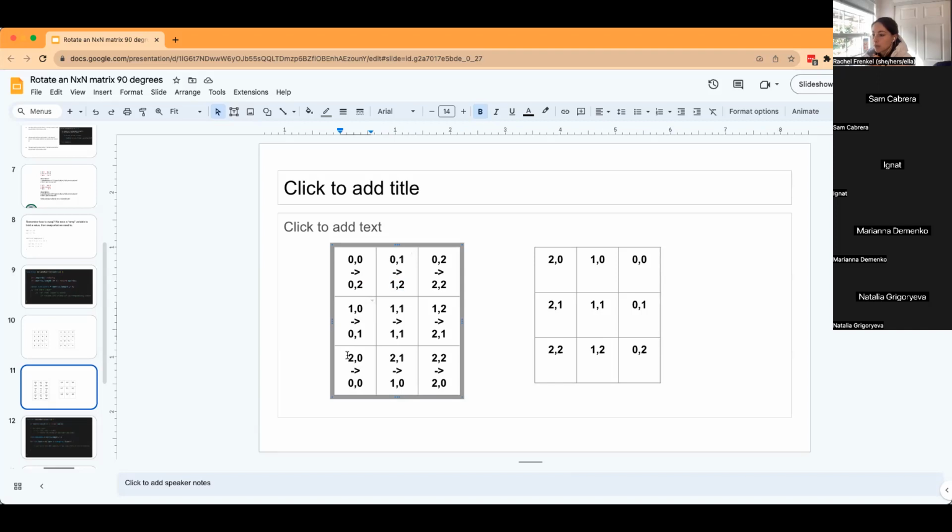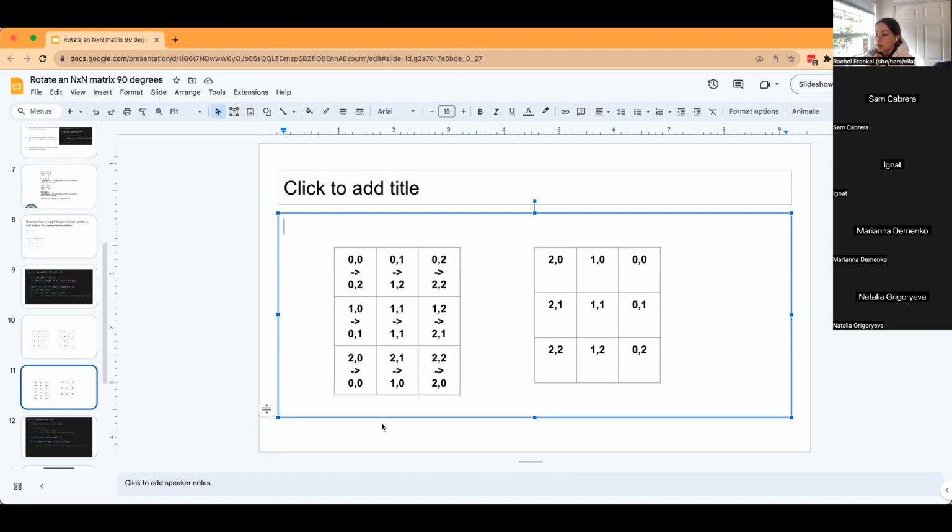Okay, how about in this row? What has stayed the same between each of these? In their final destinations, what stayed the same? The column. Again, the column stayed the same. And the row changed by 1. How about here? Same thing. Columns stayed the same, rows increased by 1. Exactly. So here we're seeing a pattern,